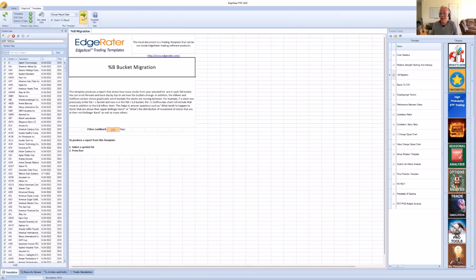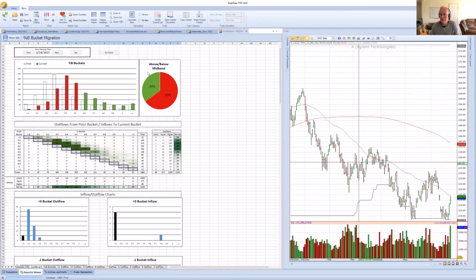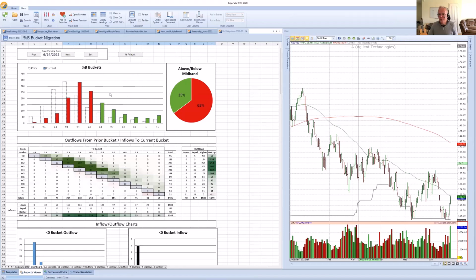I already showed you in the PowerPoint presentation where we were today, but I'll show you some of the differences with this report as opposed to the regular %B bucket report. Looks the same, has more information. So it has these dotted bars, which are yesterday's values, and it also has outflows and inflows. So the idea was that you could get information about which buckets